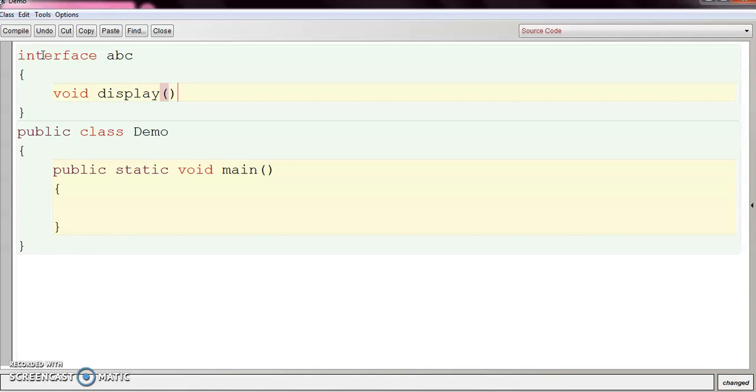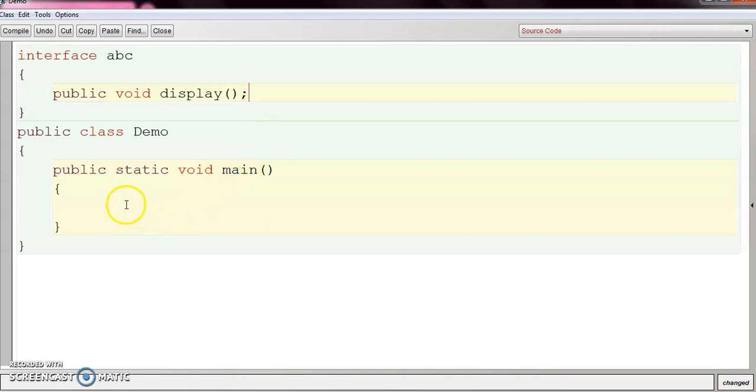Now, in an interface, every method must be abstract and public. So, write the keyword public. But as all the methods of interfaces are implicitly abstract, we don't need to use the keyword abstract. Just put a semicolon at the end of the function name, which makes it abstract.